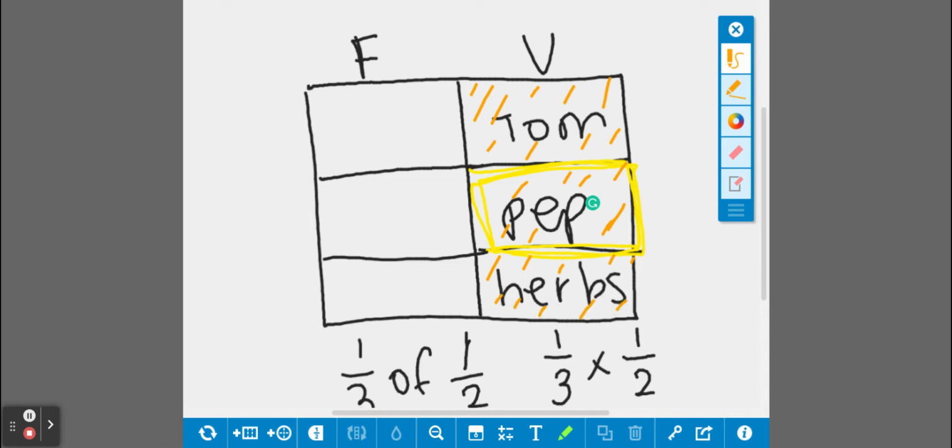Okay? Now, the part that is just peppers, so I've shaded in my 1/2 with the orange. I tried not to do it over my words. I've shaded in the 1/2 with my orange. Now, the part that's just peppers is all of this in the yellow. So, how many sections have both of my colors? Just that 1 out of the 6. So, when we're looking at this, we're talking about 1/6 of